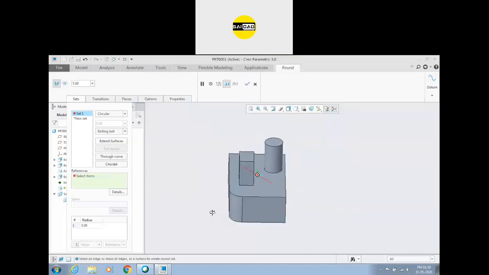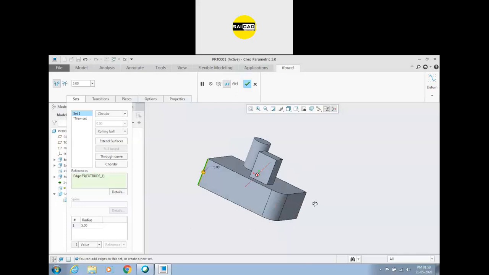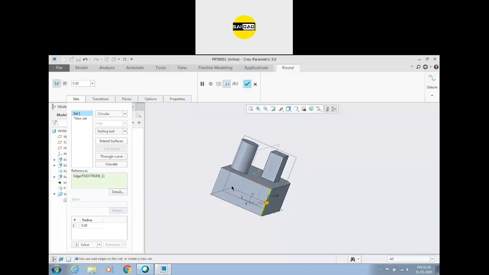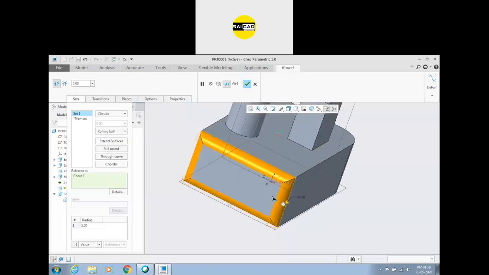Okay, right click remove, select the edge, press the shift button, and now you cannot select this face because this face has some tangency, so it will give you some error, but you can select this face and all the faces, all the edges will be selected and you can apply the fillet like that. Here, how to create some fillets on the face.